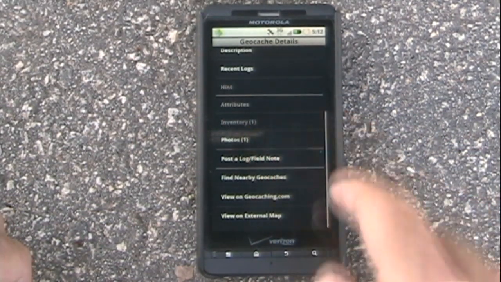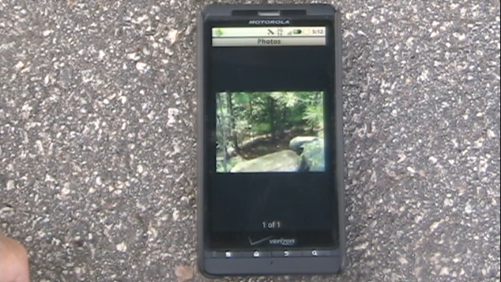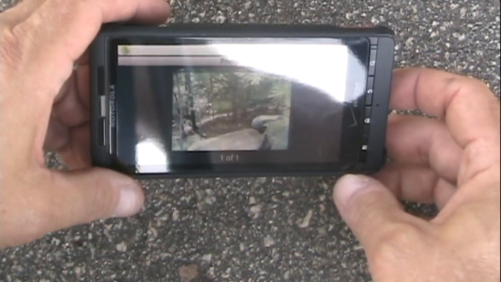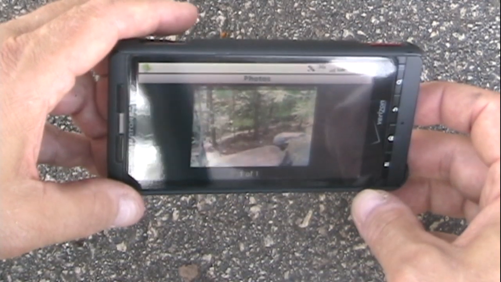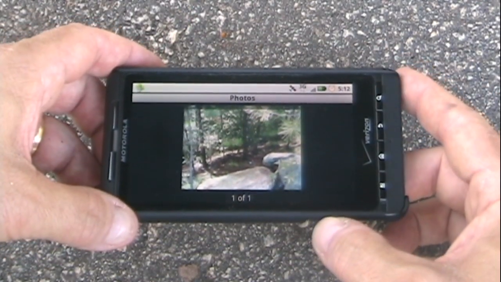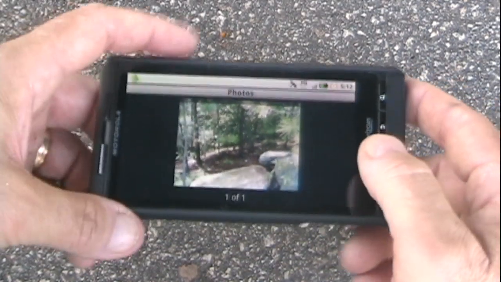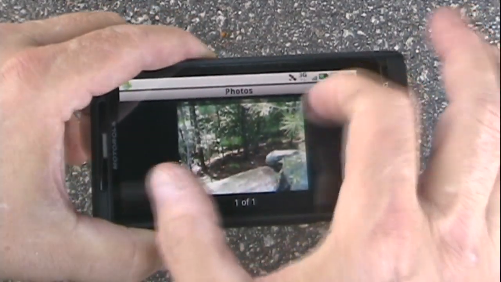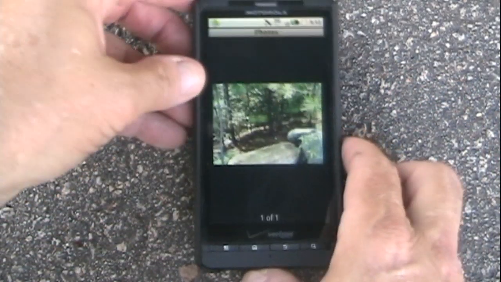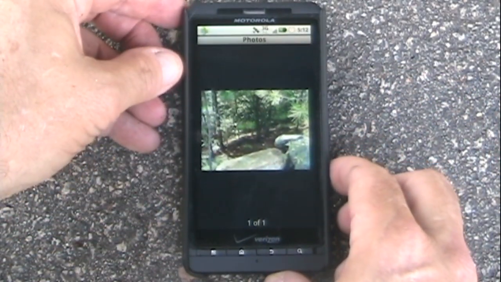And then if there's photos that are also on the cache page, it'll bring up those photos. And of course with the Android, it will also move the picture to a landscape format as well. So you can look at those in landscape format. You can also take the pictures. Well, that's a small picture. We'll bring it back to